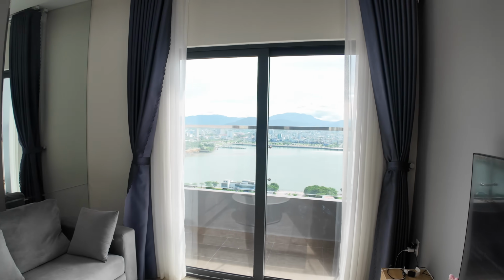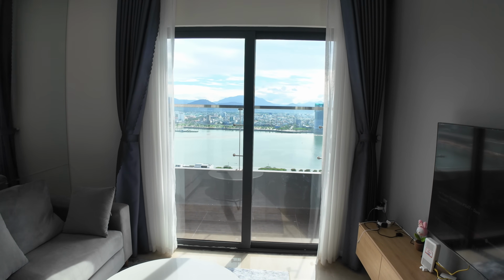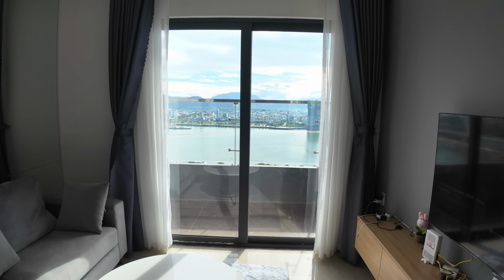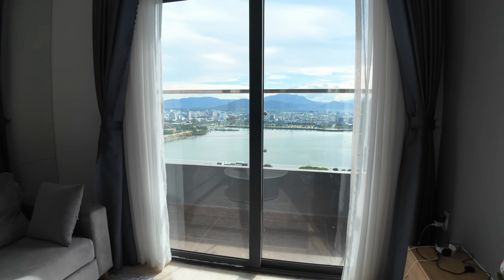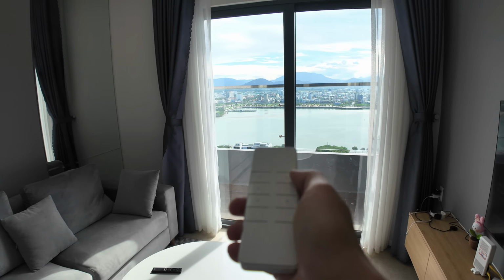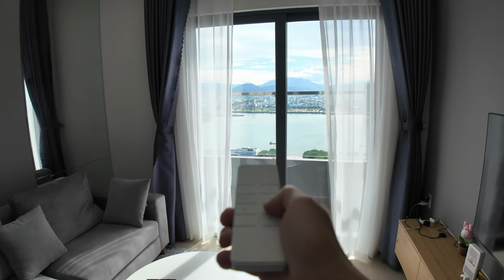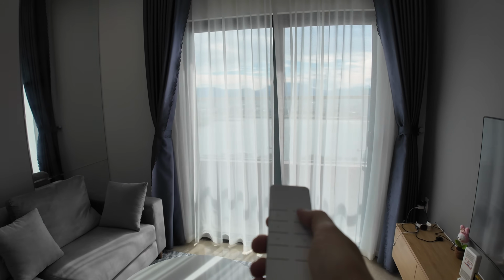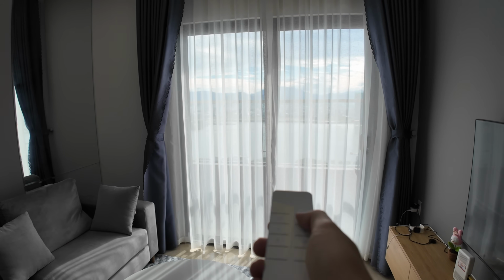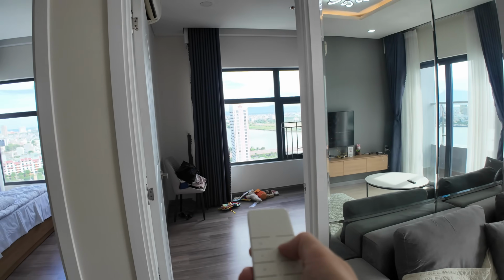This is our balcony, the best view out of all of them. Actually, they're all different, but the cool thing about all of our balconies is that they are motorized. I don't know which one is which, so if I mess up. Okay, good. I didn't want to do the blue one because that's tied up. But all the balconies, or all the windows are motorized. And this is not only in here, but also...